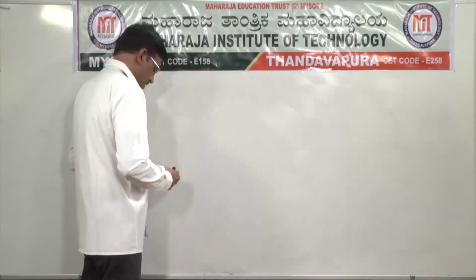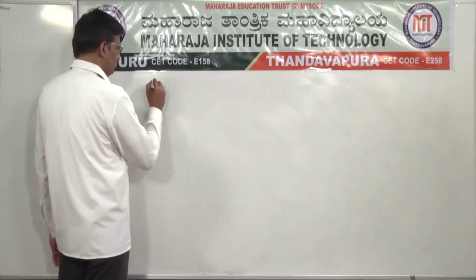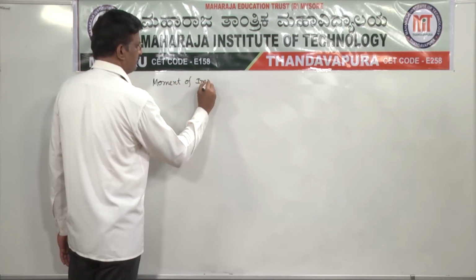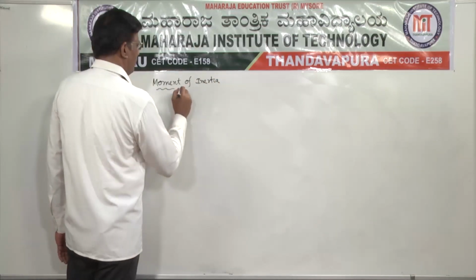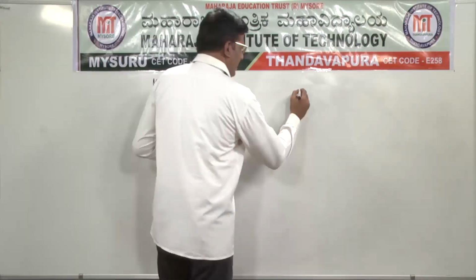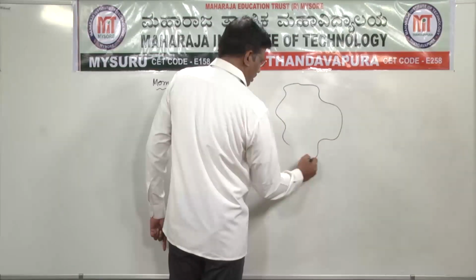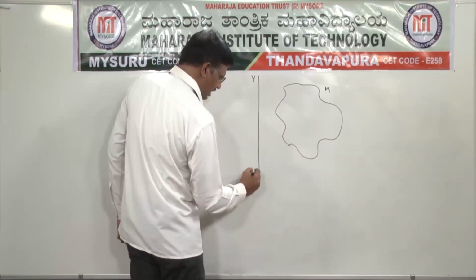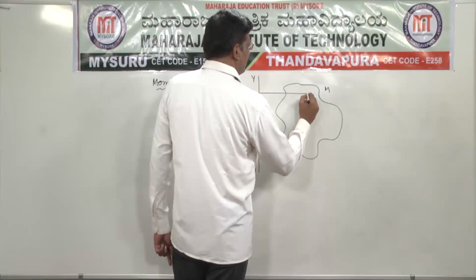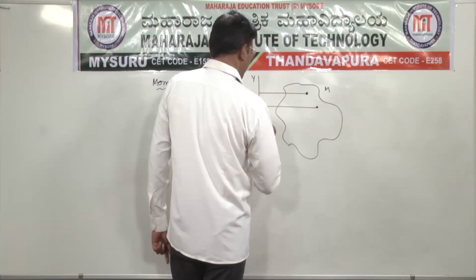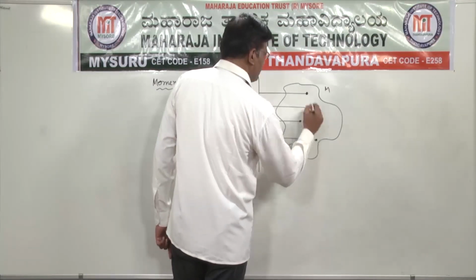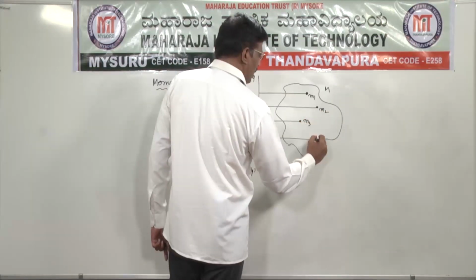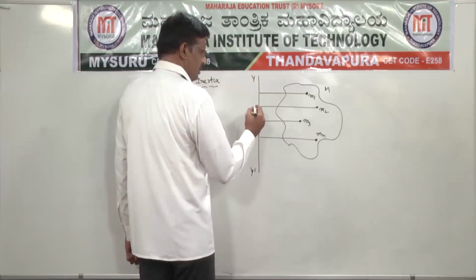So the first one is moment of inertia. Whenever a rigid body of mass capital M is rotating about an axis, say y dash, let us assume that this body contains n particles, each of mass, say first particle mass m1, second particle mass m2, third particle mass m3, and so on. Let us assume that the nth particle has mass mn.